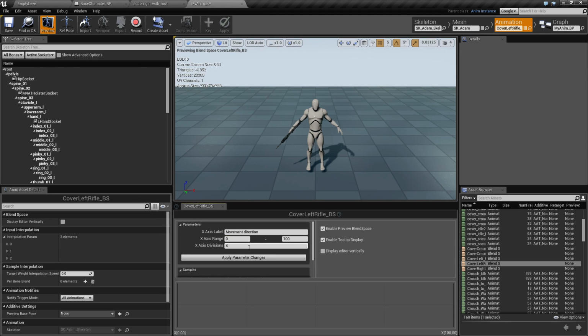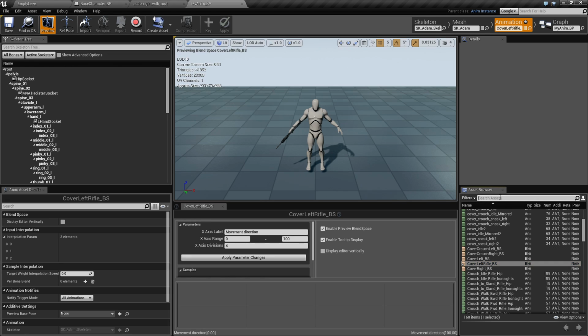I think we don't use the minus. I think I'm actually going to make a change compared to the old one, because I think I have minus 100 to 100. I'm just going to say 0 to 100 and then change this. So apply changes, parameter changes, and let's take the